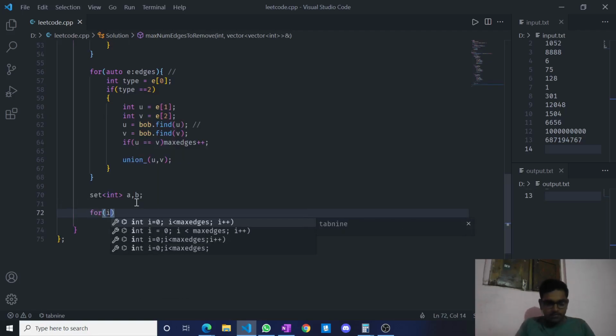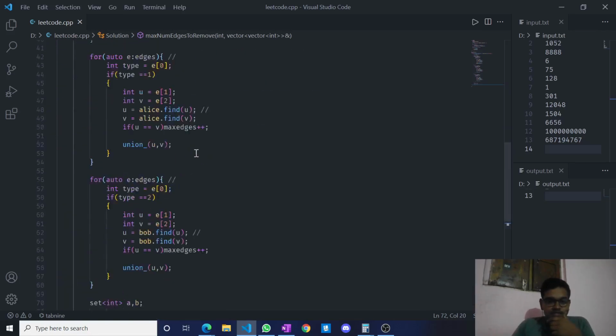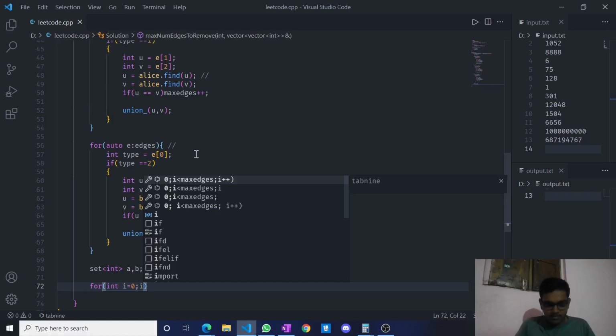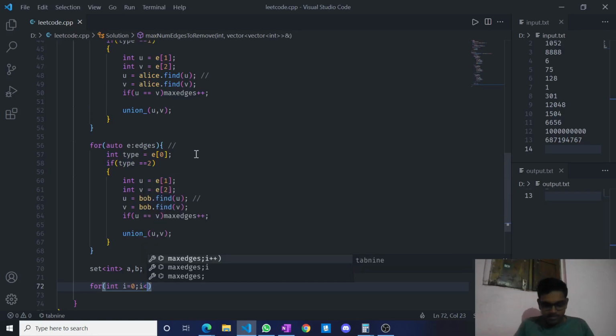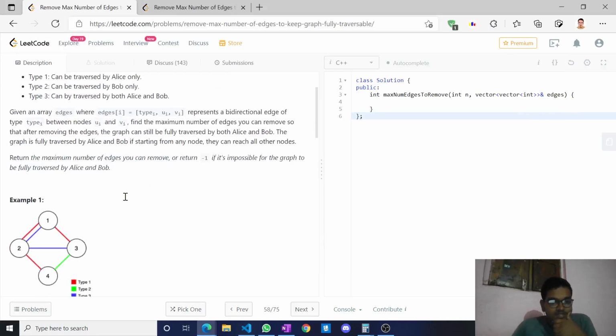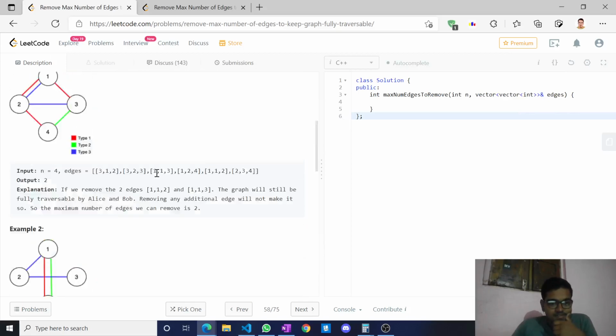So here, okay, n is given. Okay, no issue. And we need to check if it's one-base or zero-base indexing. Yeah, it's one-base.